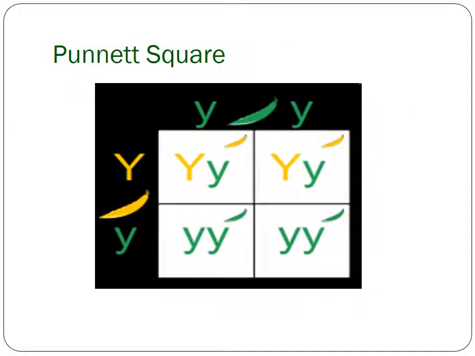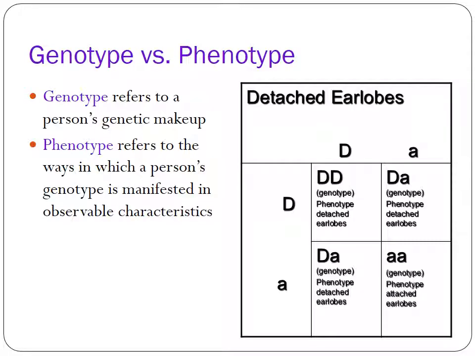You guys have probably done plenty of these squares before. Just understand that when we're looking at this one, the big Y, the yellow pea pod, is the dominant and the little y's, the green pea pods, are the recessive. And so whatever is dominant is expressed unless it is a homozygous condition and you have two of the little green pea pods. You do need to know the difference between what a genotype is and a phenotype.